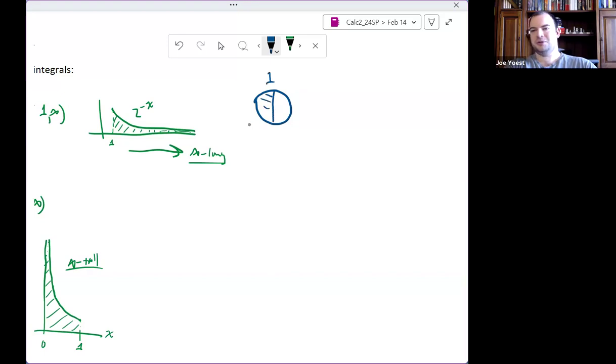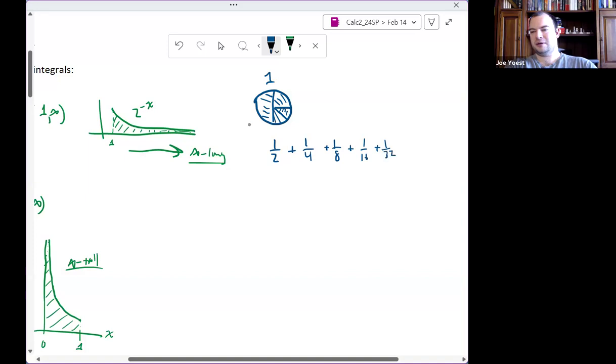So this is, of course, one whole pie. First person gets half the pie. The next person gets half of what's left, or half of 1/2, which is 1/4. The next person, half of what's left, 1/8, 1/16, 1/32. Or if I was to draw this graphically,